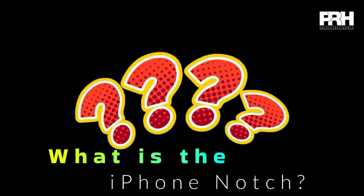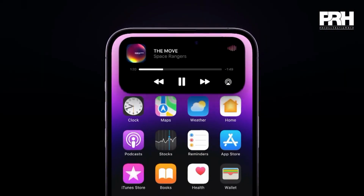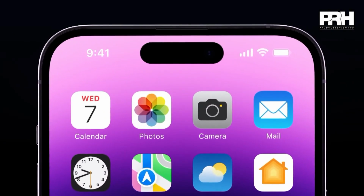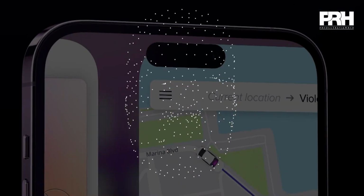What is the iPhone notch? The iPhone notch is a small cutout at the top of the screen that houses the front-facing camera and other sensors. It is typically located at the top of the display and is used to provide more space for the display. The notch is also used to house the earpiece speaker and the TrueDepth camera system, which is used